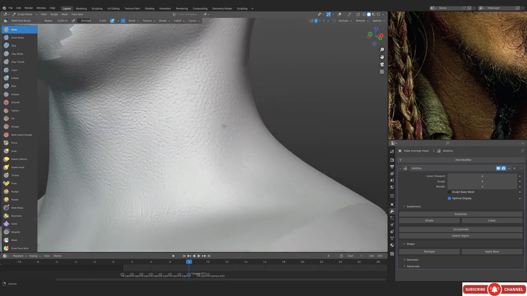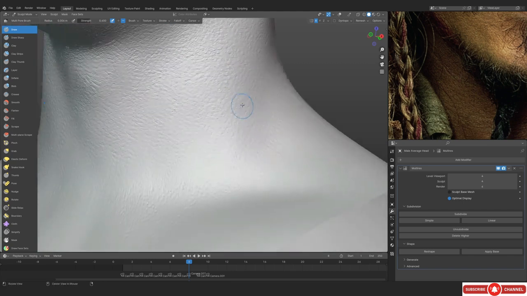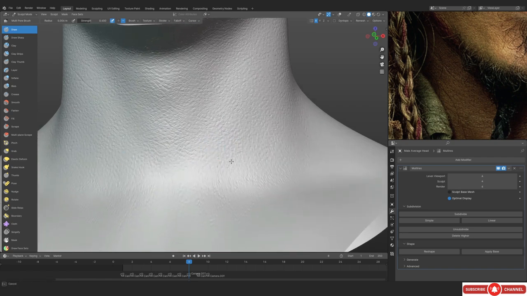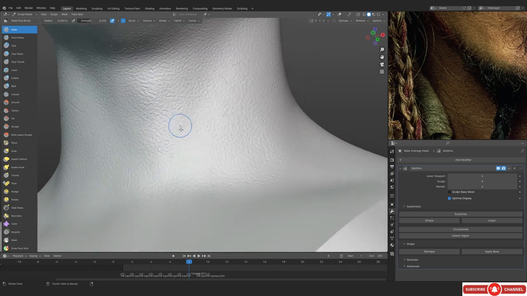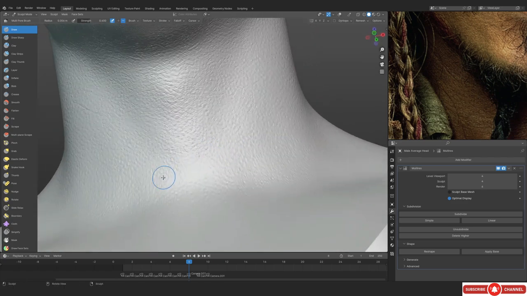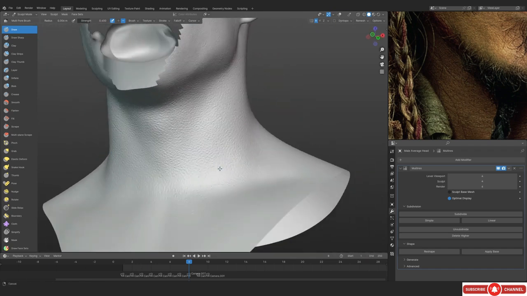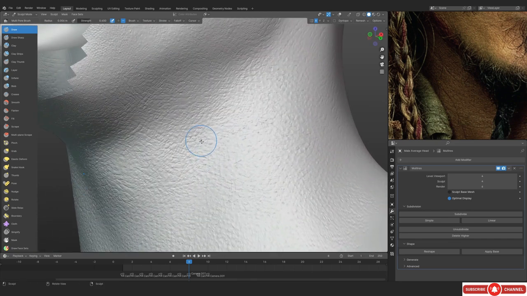You're going to see that actually you can literally just overlap, and if you feel like the strength is more or less, adjust it. And you have to do this on the lower subdivision, otherwise you are going to get those star things with the pore brush, and we don't want those stars. We actually want bump only, and in order to get the bump we have to lower down the subdivision. And it is so forgiving. You can literally have different sizes. You can overlap the brush and it would actually still look good.